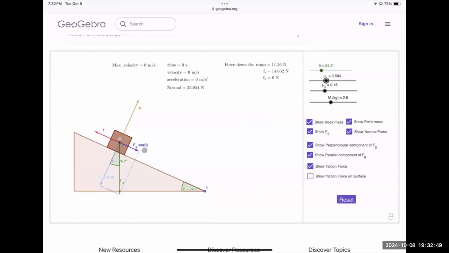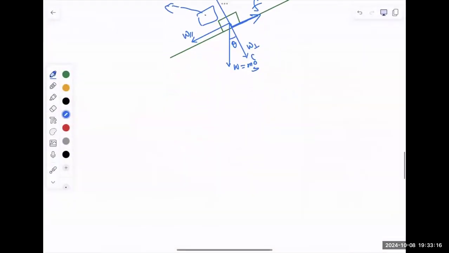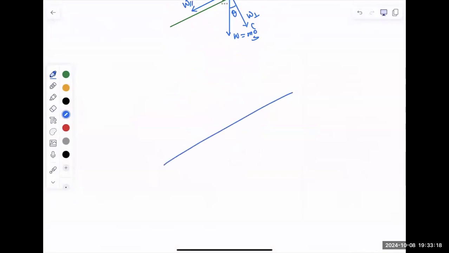So generally, if this is my angle of the slope, now this is my angle of this force vector with respect to the normal. So this is all because of the geometry. Okay. So now this is my right angle triangle, right? And then I can show you how that works, because it's important to know how those angles are there. So if I set this object here, and if I draw